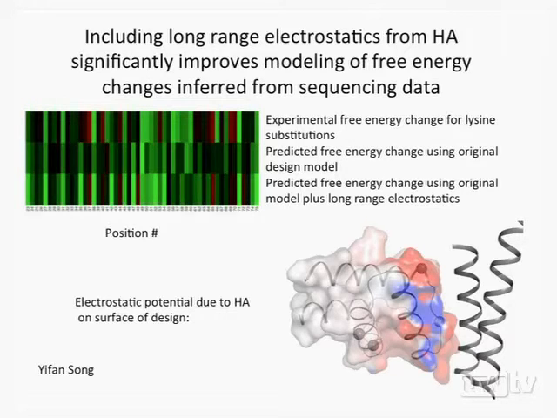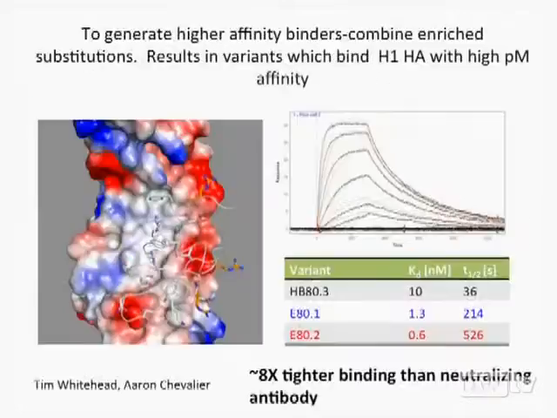And it turned out that what we were missing was the fact that the hemagglutinin is negatively charged in this region, and you actually can get quite a bit higher binding affinity if you put positively charged residues even at some distance from the interface. Those were the things that were enriched in this screen. Okay, so then